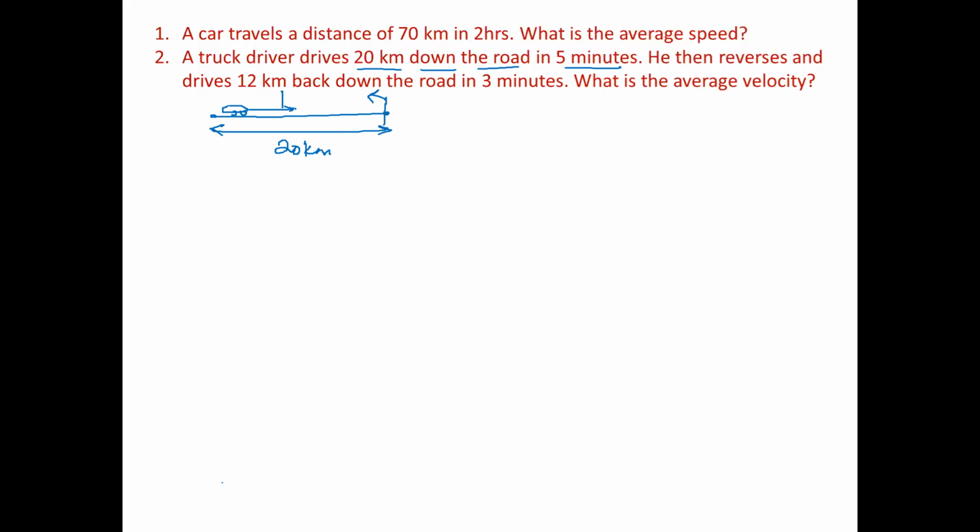And he's going back how much? 12 kilometers he's going back. So what is this distance? 8 kilometer, can I say? 20 minus 12, this should be 8. Guys, this is 12. Whole thing is 20. So obviously this should be 8. I hope it's clear. So this distance is covered in 3 minutes. Now what he is asking, average velocity. Remember, average velocity has a formula: total displacement by total time taken. Try to do.